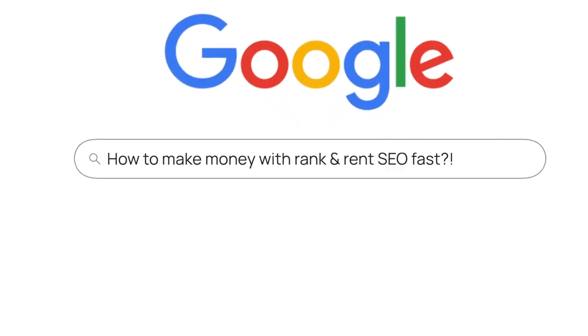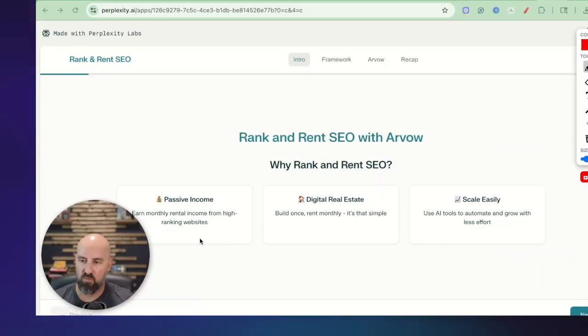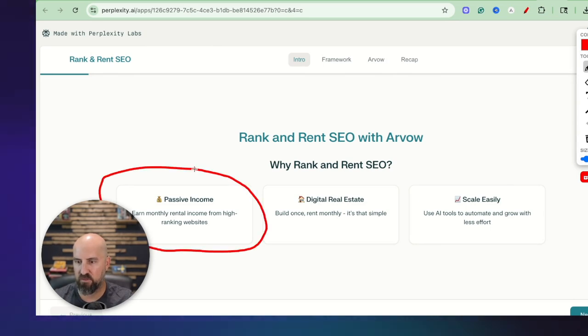All right, rank and rent SEO. What is it? How to do it? Can you make money with it? Let's go. So rank and rent SEO allows you to create passive income, earn monthly rental income